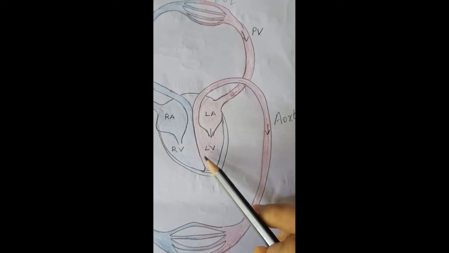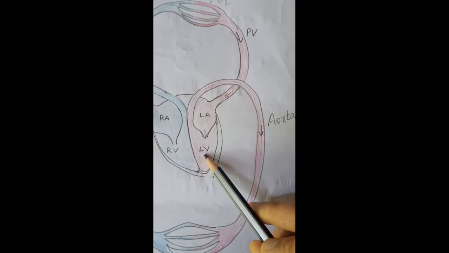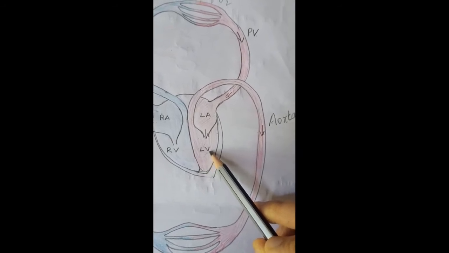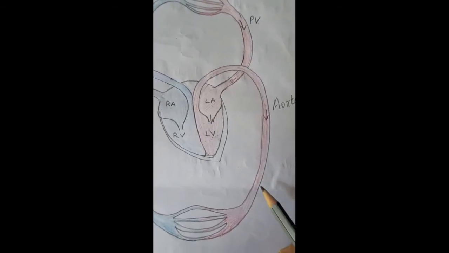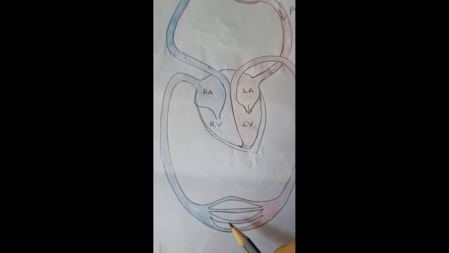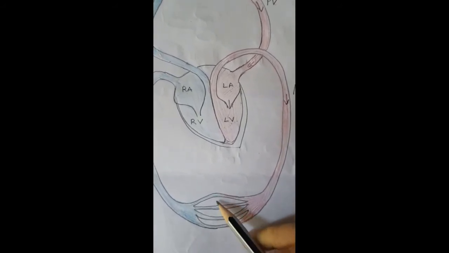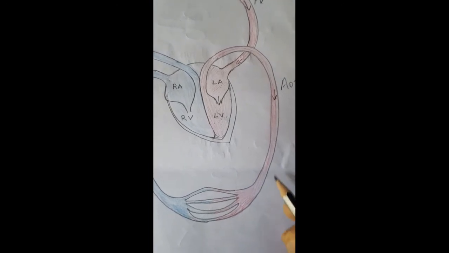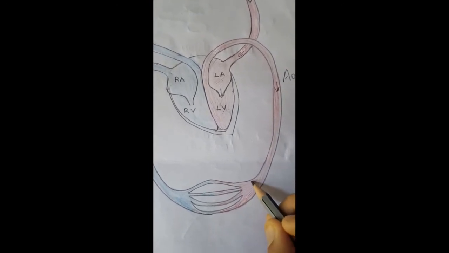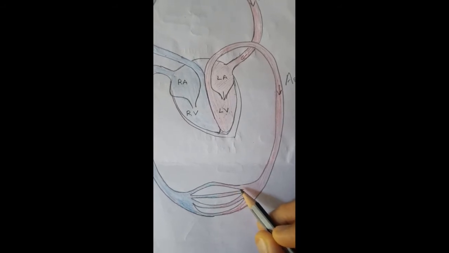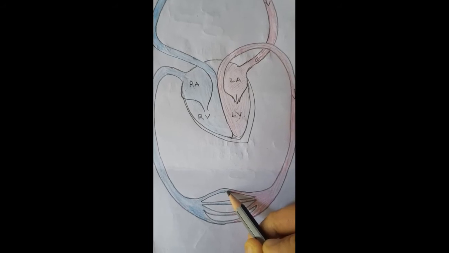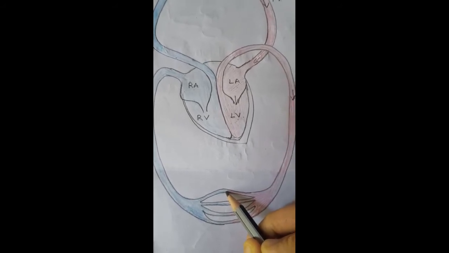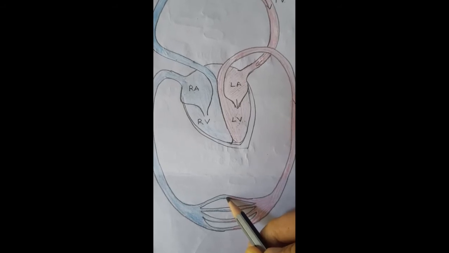From which chamber is the aorta arising? From the left ventricle. Then aorta will divide into so many arteries, and all that we can discuss later. Now aorta is pumping blood to all the body parts. Here you can imagine these are the body parts. Aorta will divide into arteries and arteries will pump the oxygen rich blood to the body parts. Now what will happen to the cells of the body parts? What process will happen? Respiration process will take place.